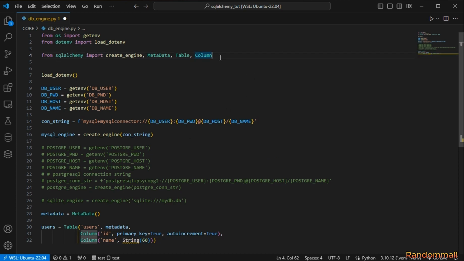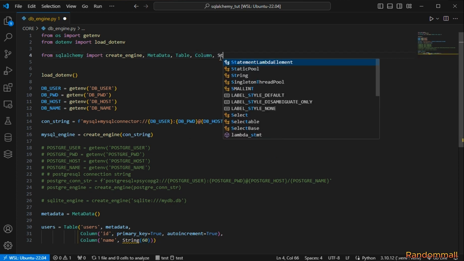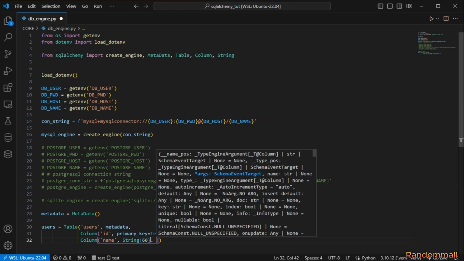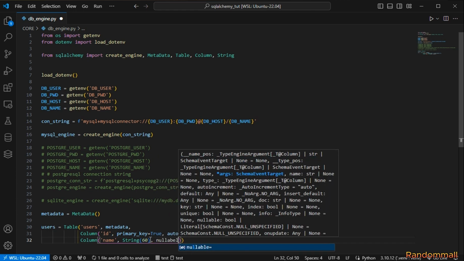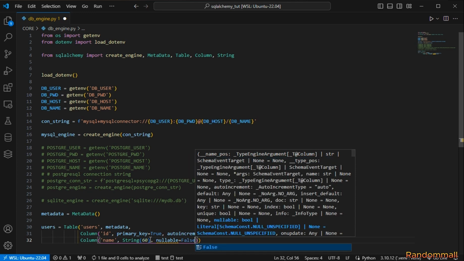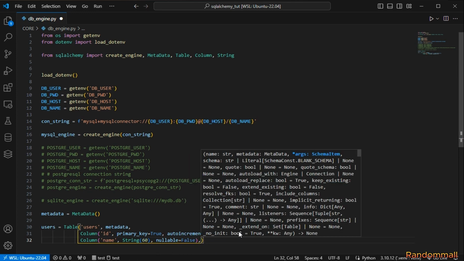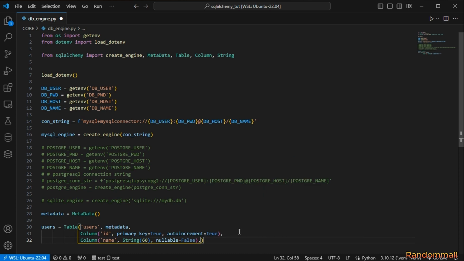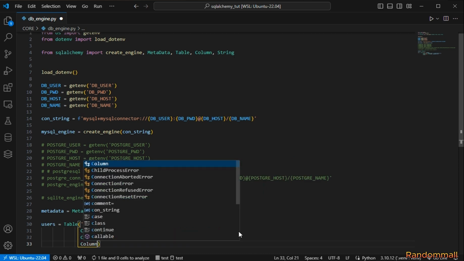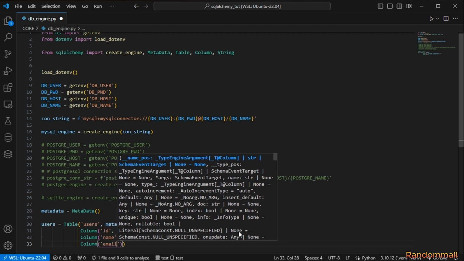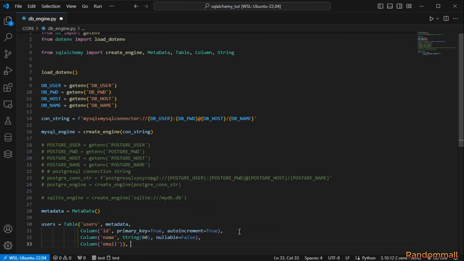And also we have to import string, and we are going to add another constraint, and we are going to say nullable. We are going to set it to false, which means we don't want this column to be empty. It must have a value, and we're going to add another column, and this column is going to be an email. So we pass in the column name,